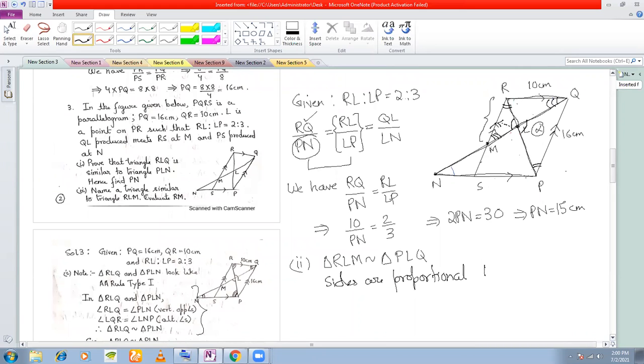Let me write RM by, and here opposite to this is PQ. PQ is equal to, now opposite to this angle is the side LM, and opposite to this angle is the side LQ. Again, opposite to this is the side RL, and opposite to